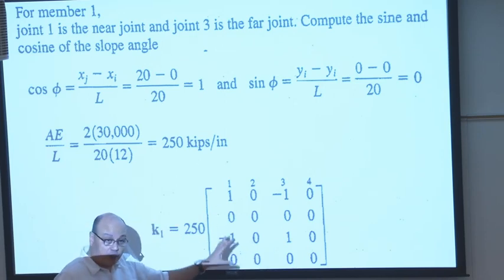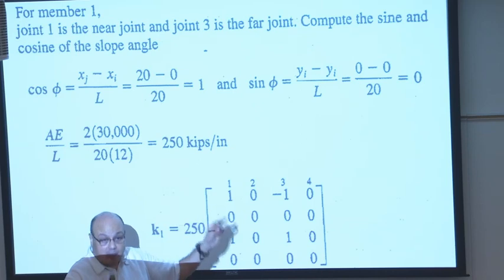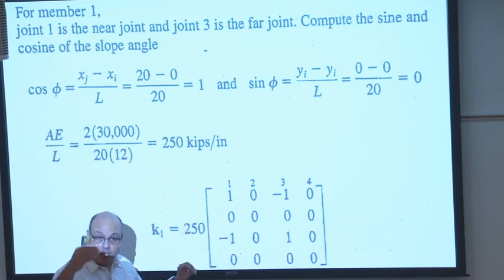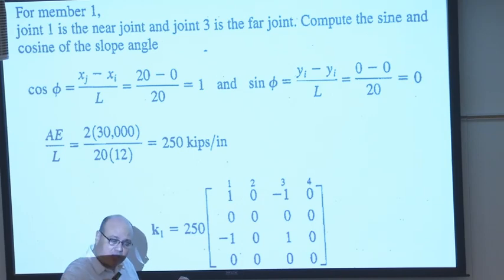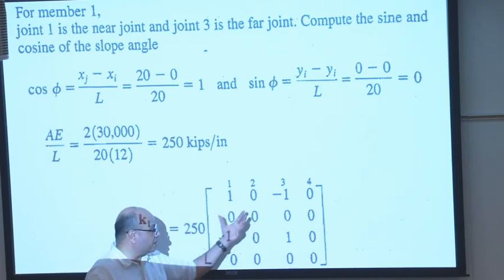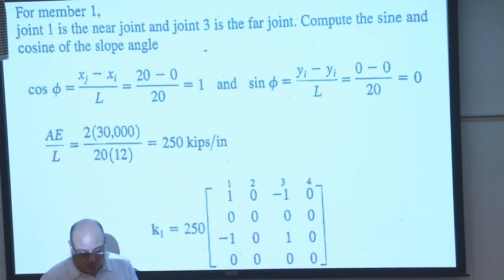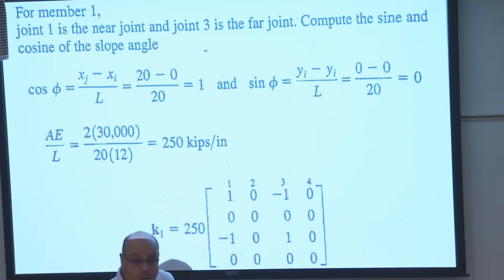That one 4 by 4 is in the global coordinate system. As I told you earlier, we don't need to go through local stiffness and do the transformation. Go to the last step, which is the stiffness matrix of the member in a global format. Will that solve the problem, or am I still